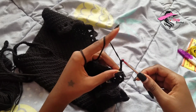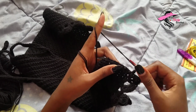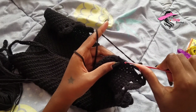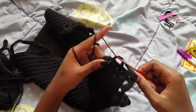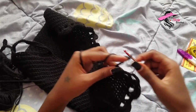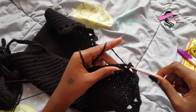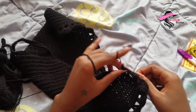Then you're going to chain 3, then you're going to skip 3, so in the 4th one, sorry, and then you're going to chain up 3 and skip 1, 2, 3, and then in the 4th one you can do the spaces however you want. This is just the way I did it. Okay, and then again chain 3 and skip 1, 2, 3. So mine end at 3, and I'm just going to be placing my double crochet on the 3rd one, like that. So I have 1, 2, 3, 4 spaces, and then I'm going to chain 2, and I'm going to turn my work around,